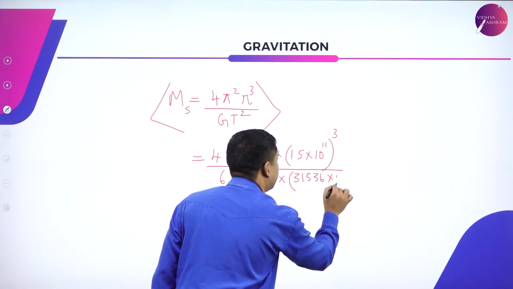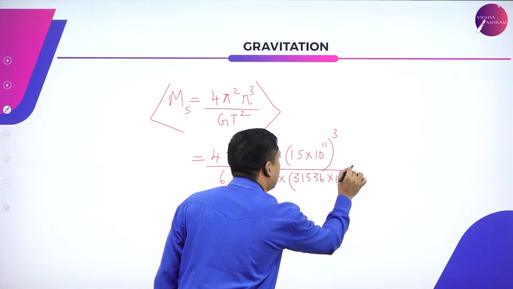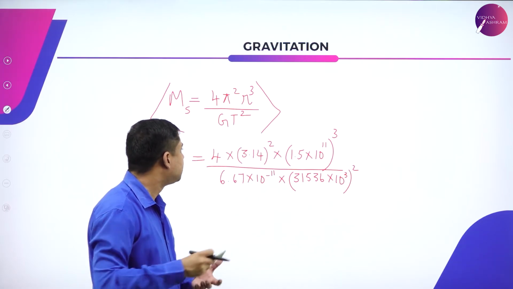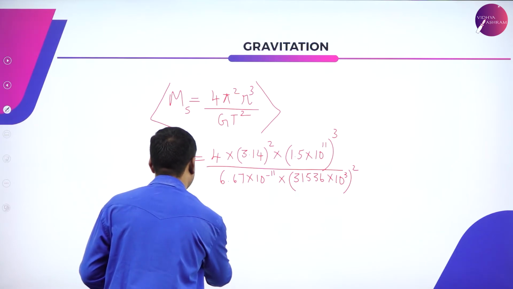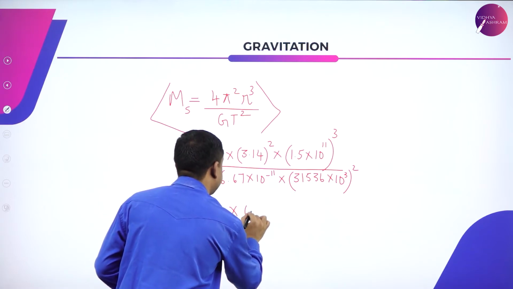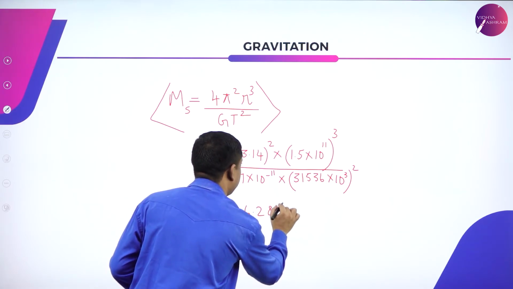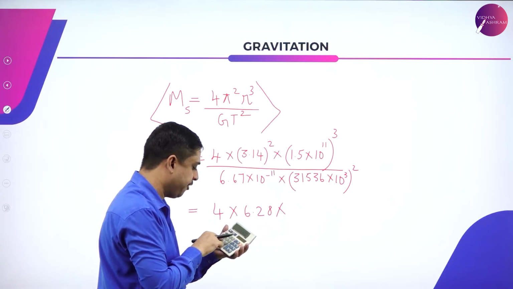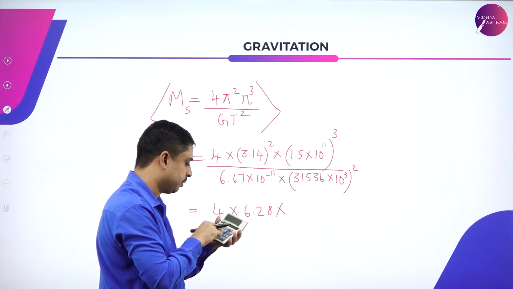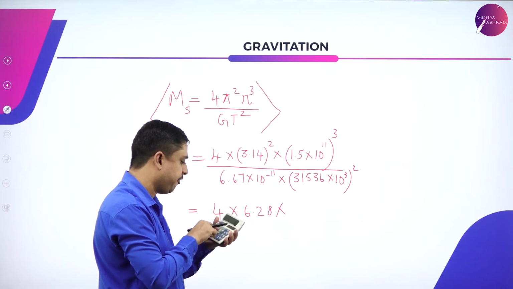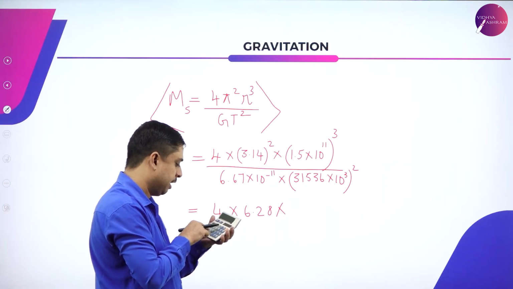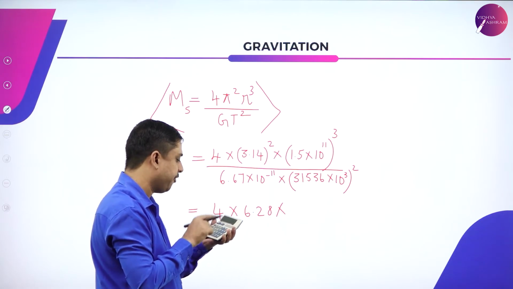31536 into 10 power 3 whole square. So when I simplify this, this is 4 into 6.28, 1.5 3 times whole cube. So 1.5 into 1.5 into 1.5,